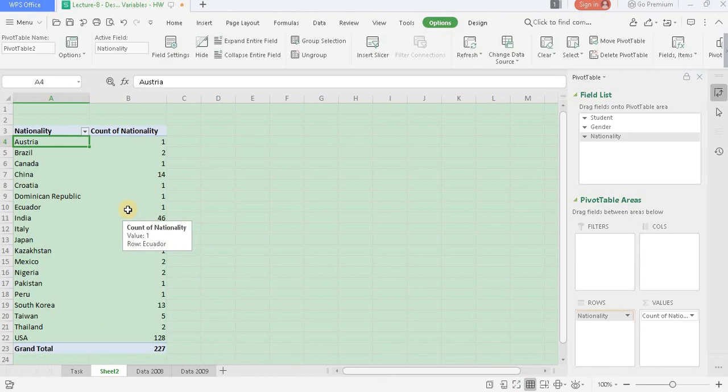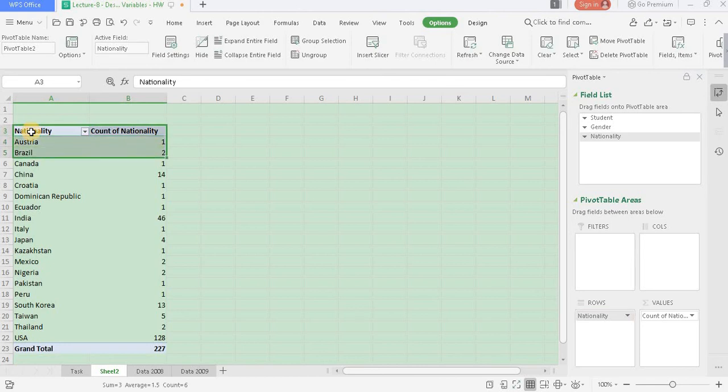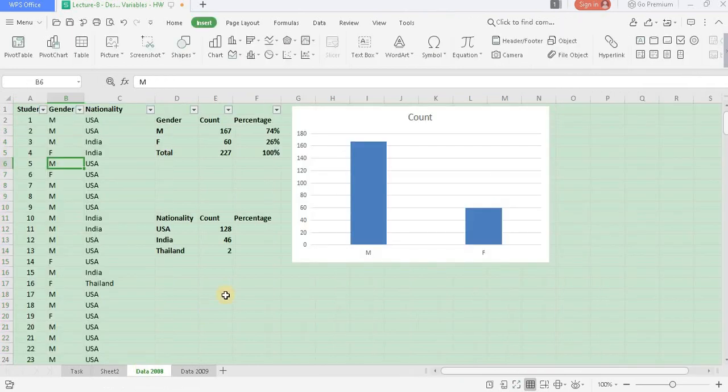The same way I can make a simple count table or a frequency distribution table for gender as well. Rather than going for COUNTIF, you can simply copy this table and paste it in your original worksheet.